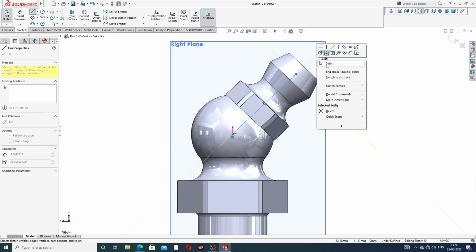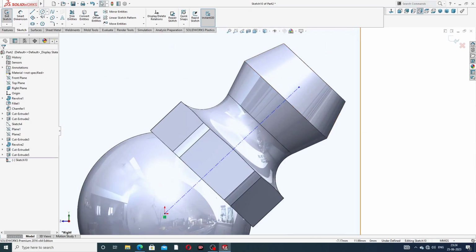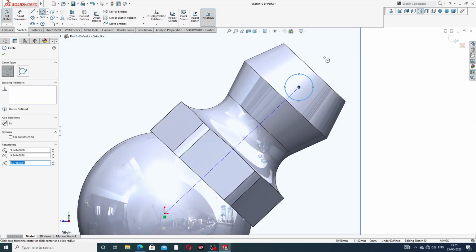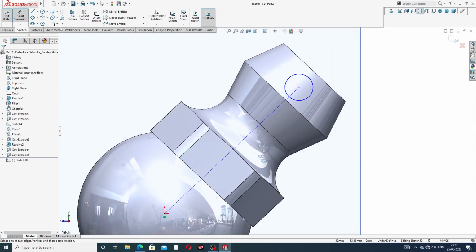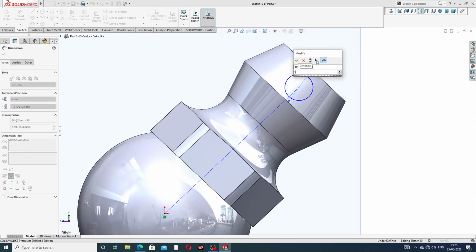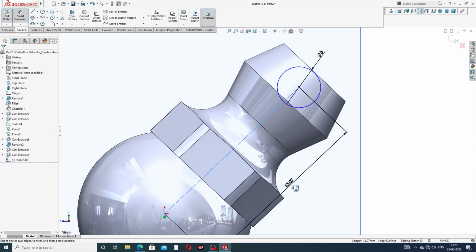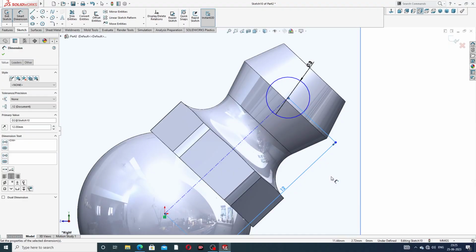Okay, a circle is drawn here. This diameter is 3mm, and this distance is 12mm. Okay,